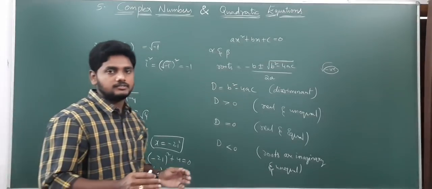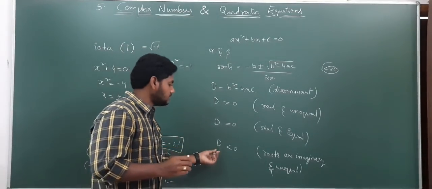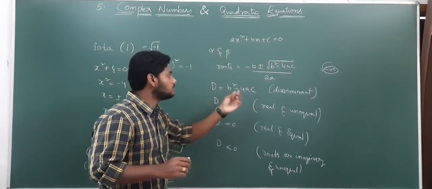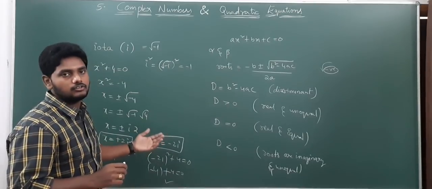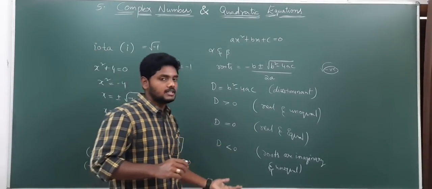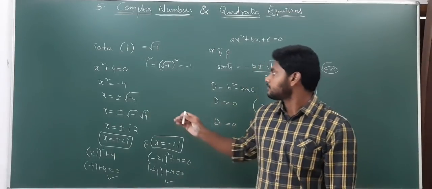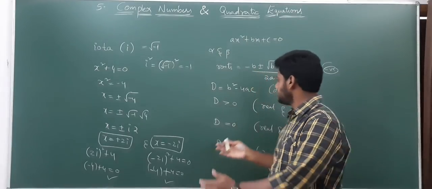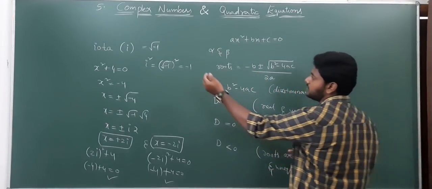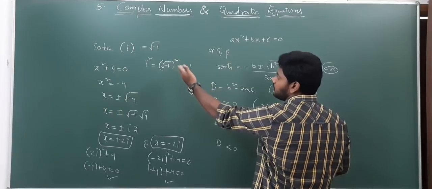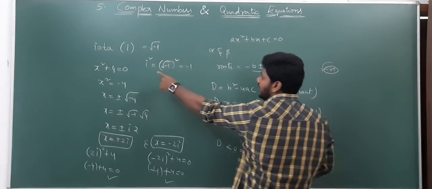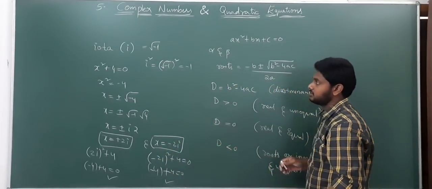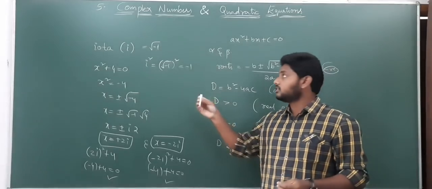So in order to find the roots of a quadratic equation whose discriminant is less than 0, we will use this iota value to find the roots, which are imaginary and also unequal. So now we will derive what we mean by complex number from this. See, according to this you have understood what we mean by iota. So what was the value of iota? I square value. And how to find roots of a quadratic equation whose discriminant is less than 0. After that we will learn what a complex number is.